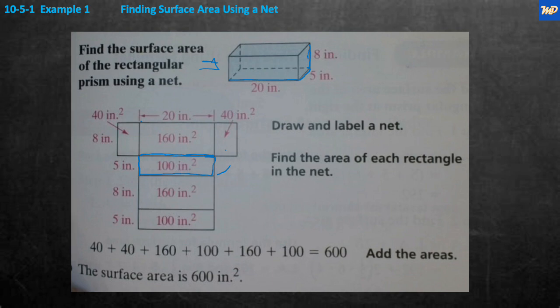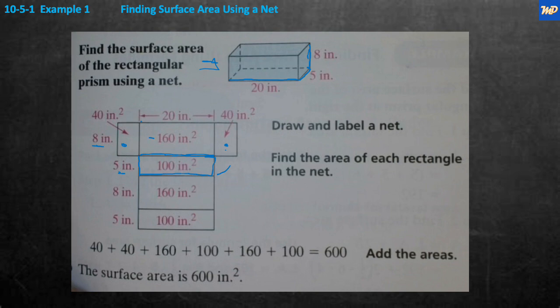So all of these are 20 inches long. Everything is 20. The only thing we need to know that's different is the 8 by 5s. And this is 5. This is an 8 by 5 here and an 8 by 5 inches here. 8 by 5. So now you can do all of the area of each one of them, the lateral area, right? To get the surface areas. So we're going to do